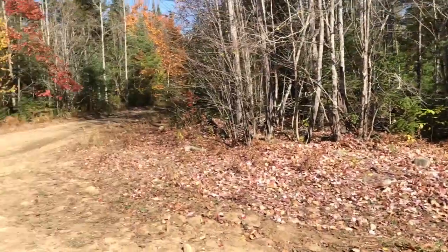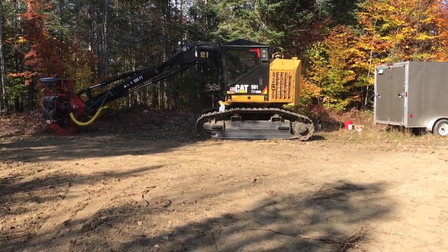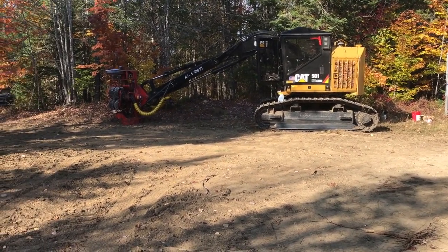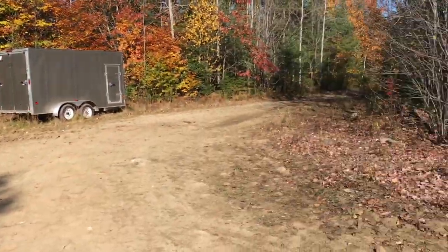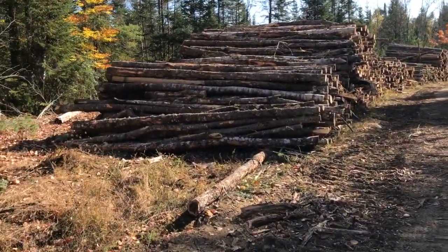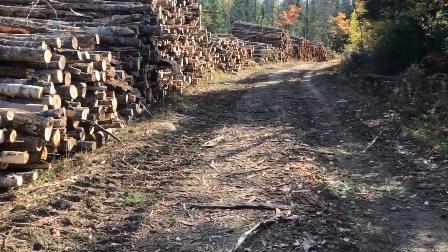But normally with the processor, I follow the buncher and process pre-felled wood. That's the way that we do it. But there wasn't quite as much wood on the ground as they thought, and because of that, I have to cut off the stump for a few days, actually a week or so. I'm leaving for